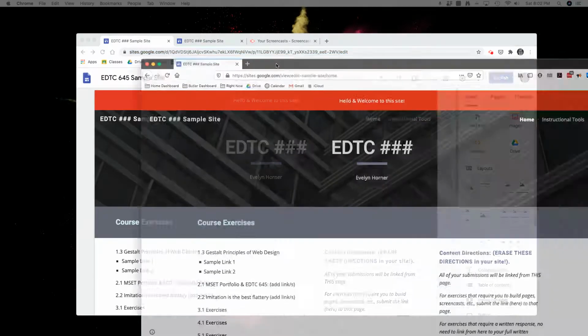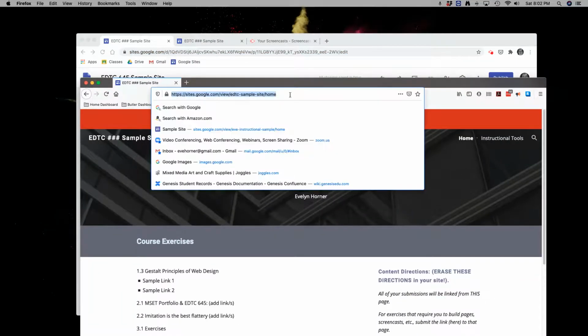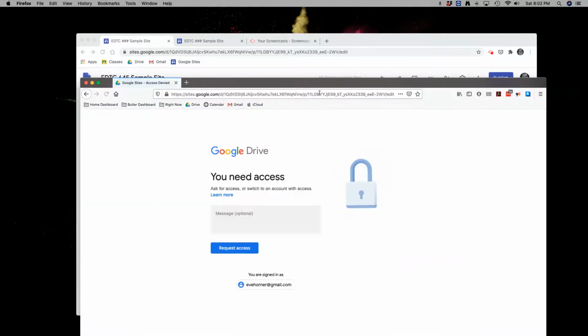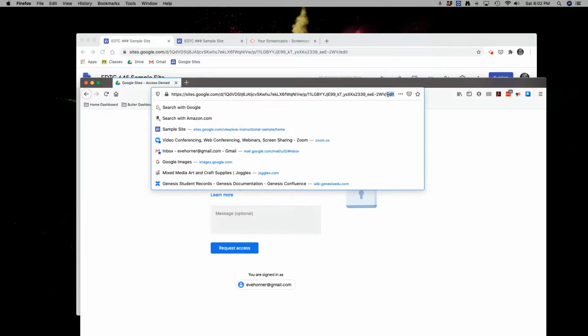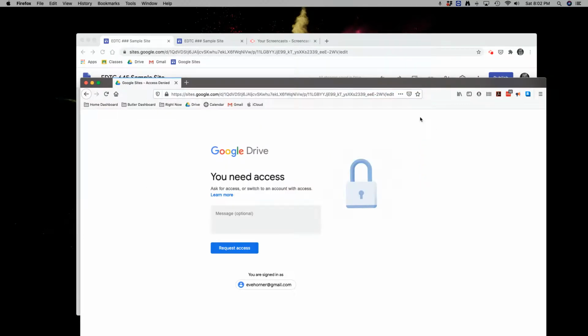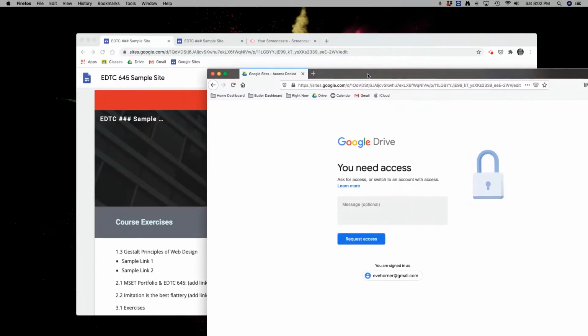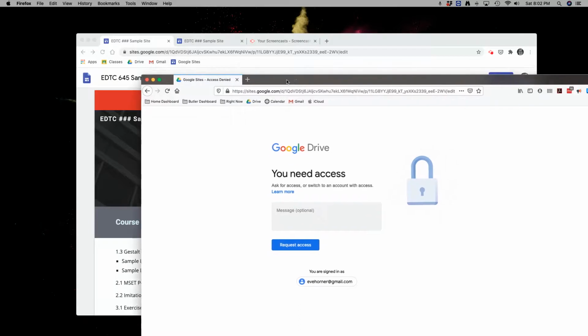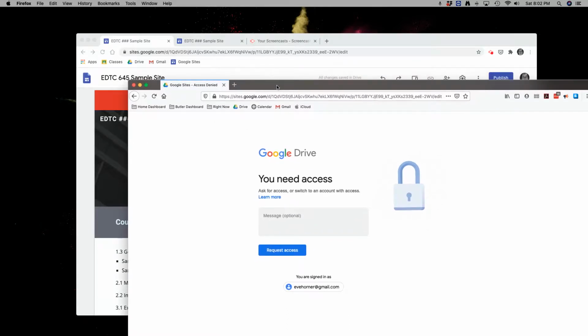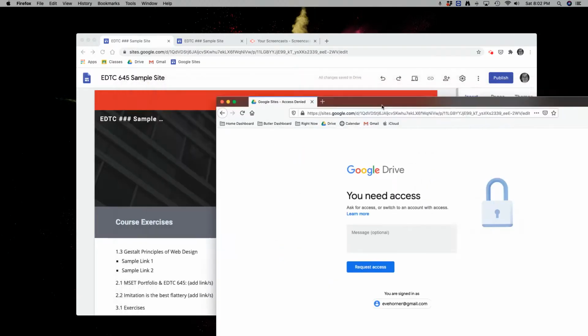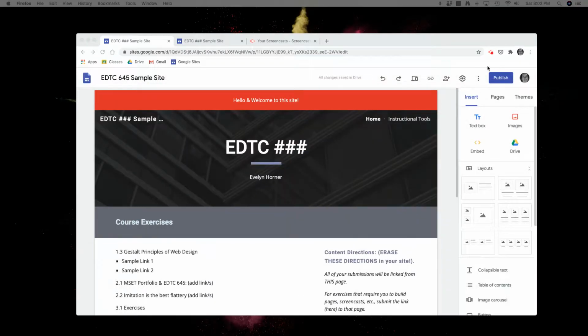So now if I were to click and copy this, note again, it's got that edit piece and it's got a whole bunch of gibberish in here, so it can't find it. More than likely, it is one of those particular issues that we're having problems with your finding your website and previewing it. Again, one of the bigger things to recap is that if you've never published in the first place,